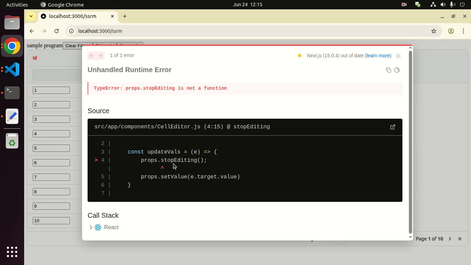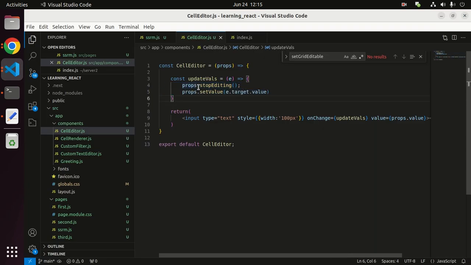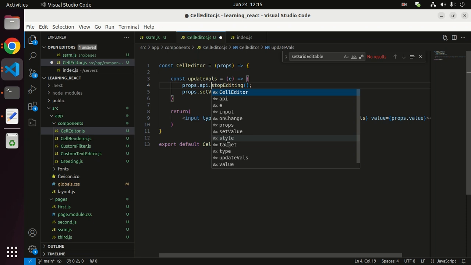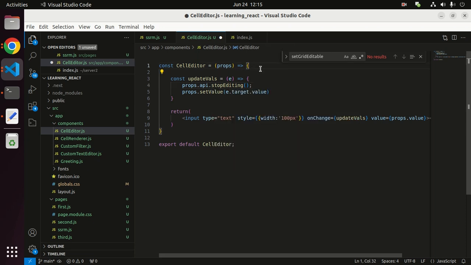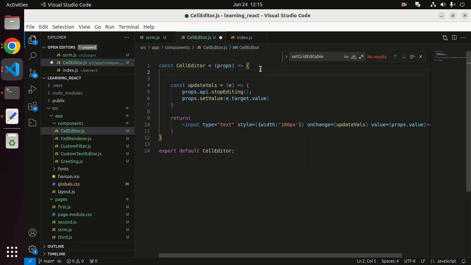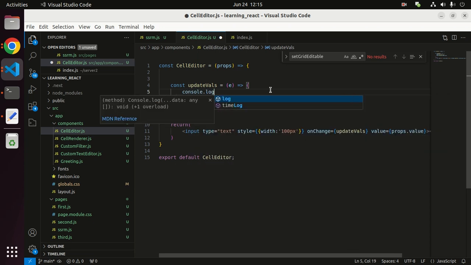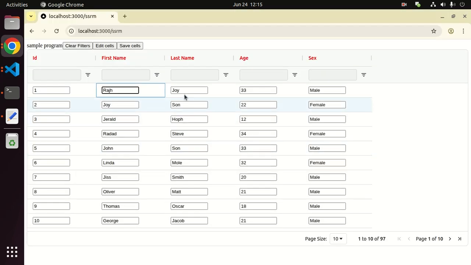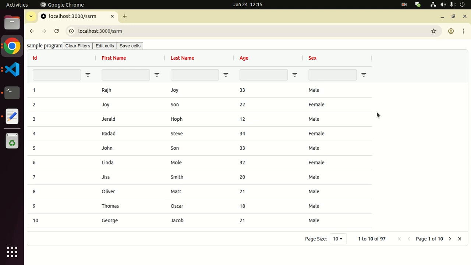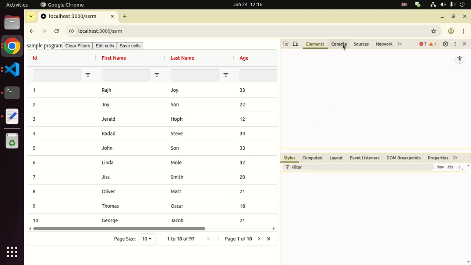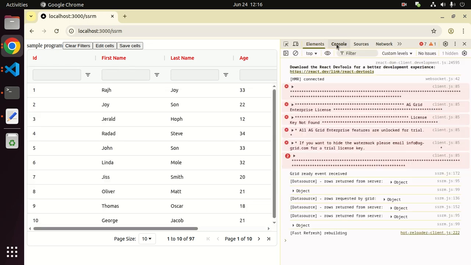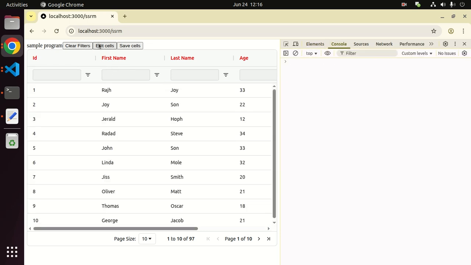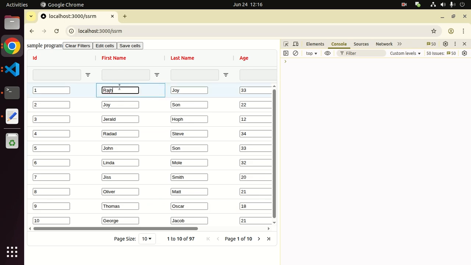Okay, we have to use props.api.stopEditing. We are just consoling what is in the props of the update cells. console.log(props). Okay, inspect the console, clear it. In editing cells,